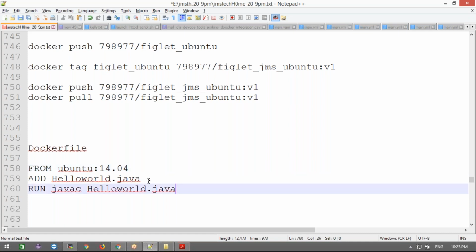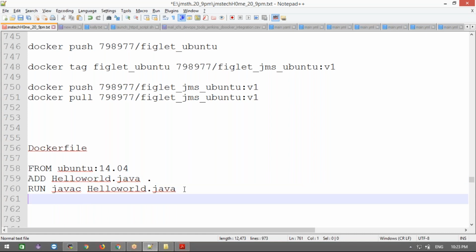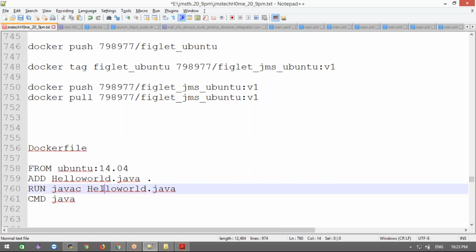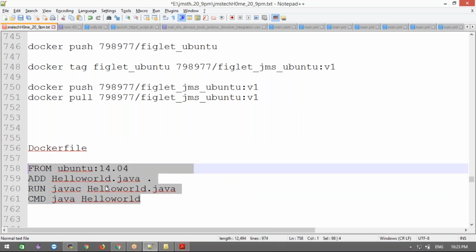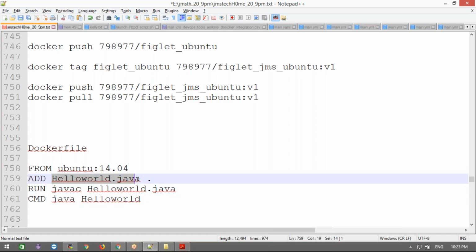I'm putting this inside the container's current path. You see, inside the container, it will search for the javac command in the current path. Then next, the CMD command, and then java, and then hello world. This is the code we need to write, and before this we must have written the HelloWorld.java class also, right?